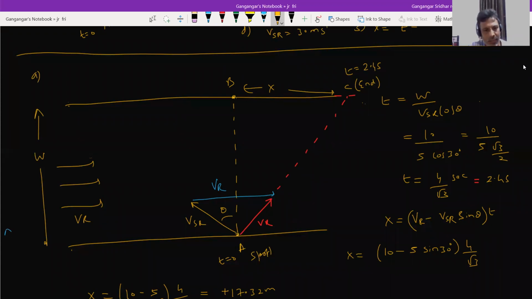So now, what is the drift? Drift is positive, no? So what is this path with respect to ground? You ask this swimmer where he is heading. He said that I'm heading towards B. The river current will push and he will finally reach at point C, 50 meter. Check calculations once.